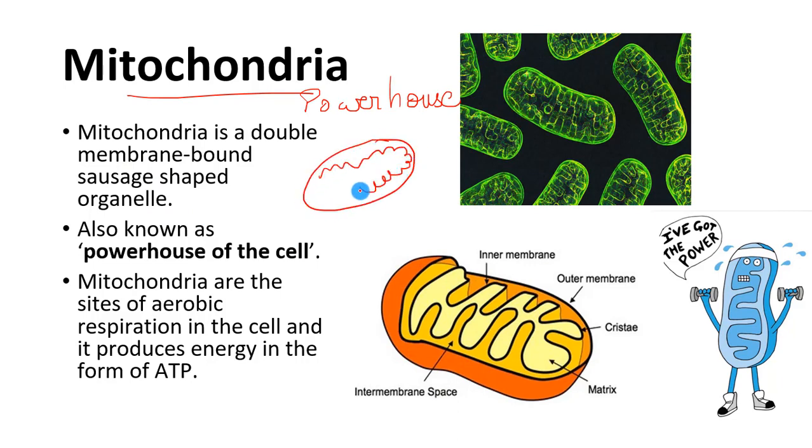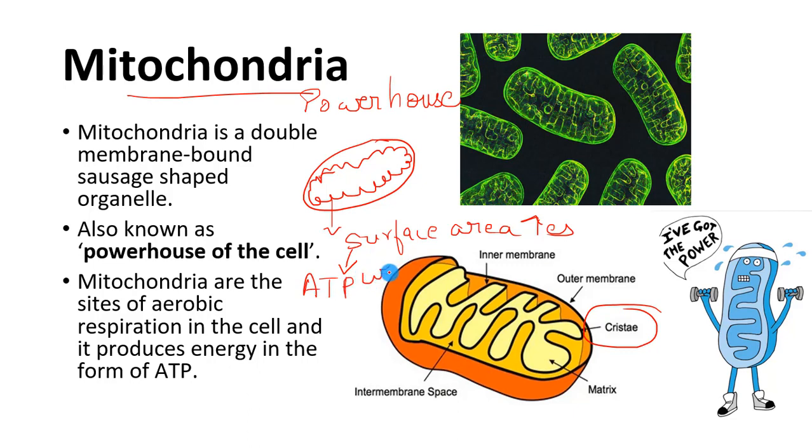It is said that its inner membrane is highly folded. Okay, you can see the inner membrane is highly folded and it is said to be cristate. Okay, why again there is a question, why this inner membrane is highly folded? Because if you increase the fold, what increases? The surface area increases, and if the surface area increases, this is responsible for production of ATP. So ATP will be produced